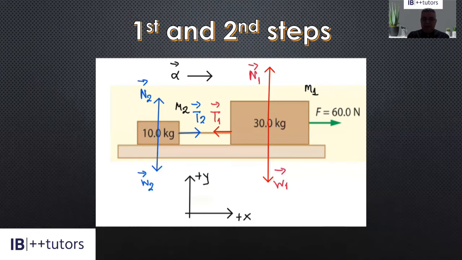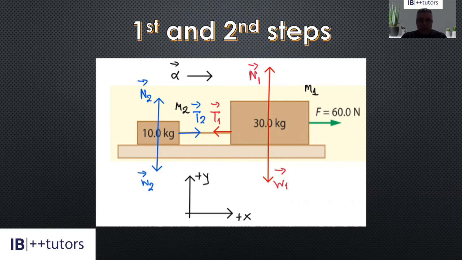You can see W1 and W2 stand for the weights, the gravitational forces. N1 and N2, or you may prefer R1 and R2, N comes from normal and R comes from reaction. So it is what we call the normal reaction from the floor, from the ground. So we have N1 and N2, and the tension is supposed to be T1 and T2 at the ends of